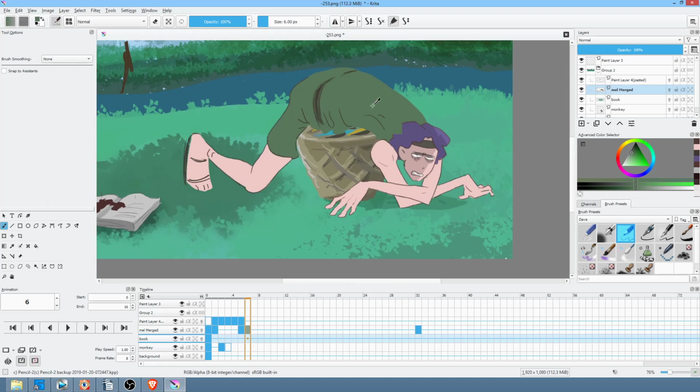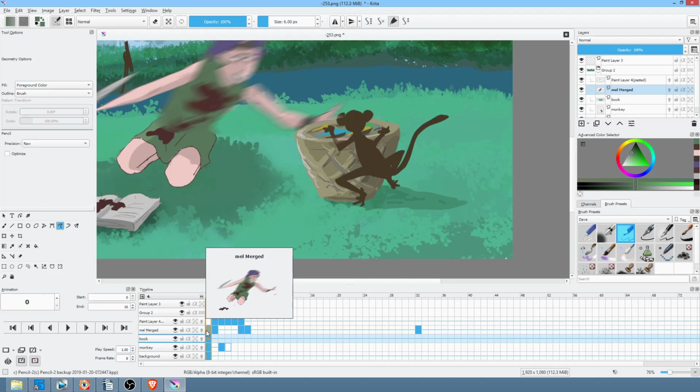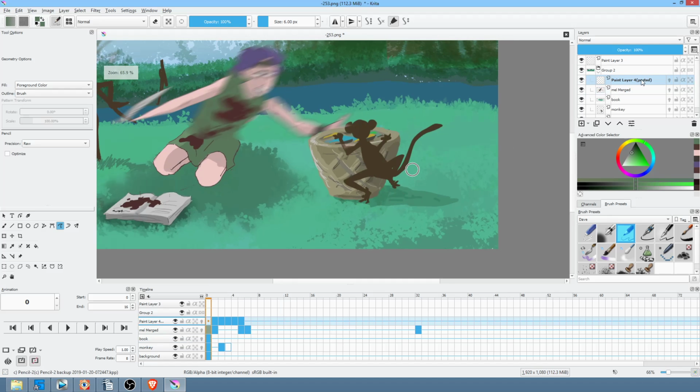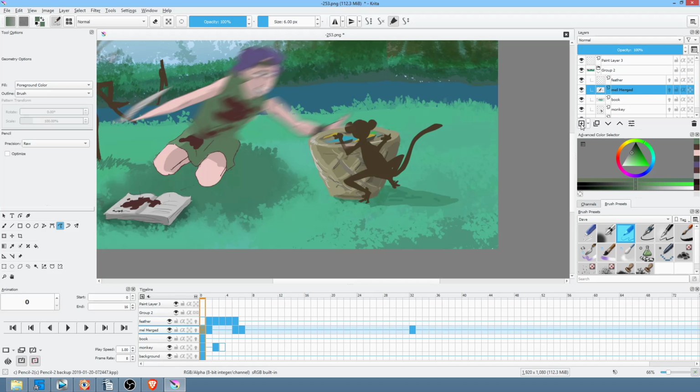Okay, so now let's clean this up a bit for obvious reasons. And now we need to deal with shadowing. So I would say, let me see what this is. Okay, this is the feather, F-E-A-T-H-E-R. And so what we need here is a shadow layer. So SHD, this needs to be alpha locked, but